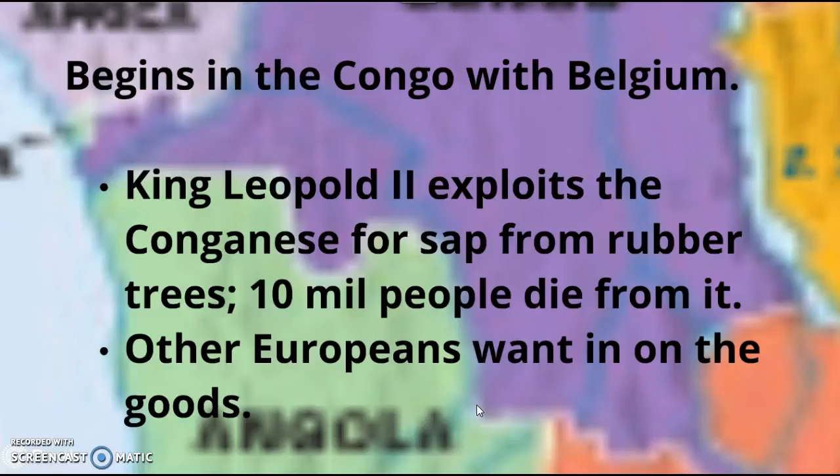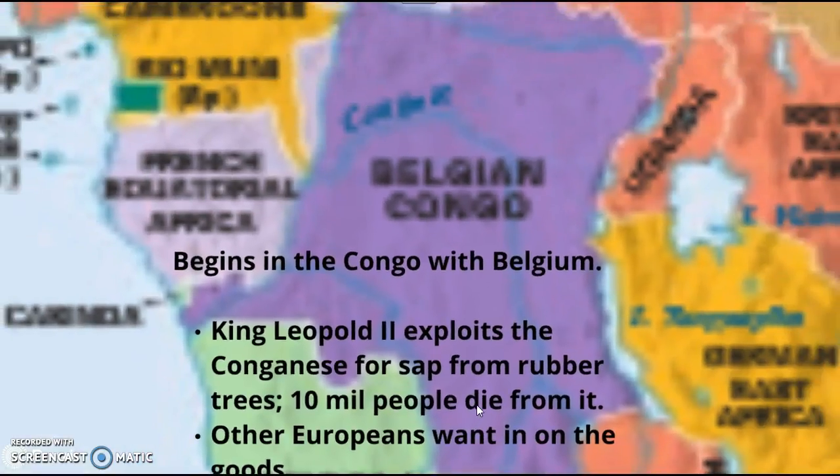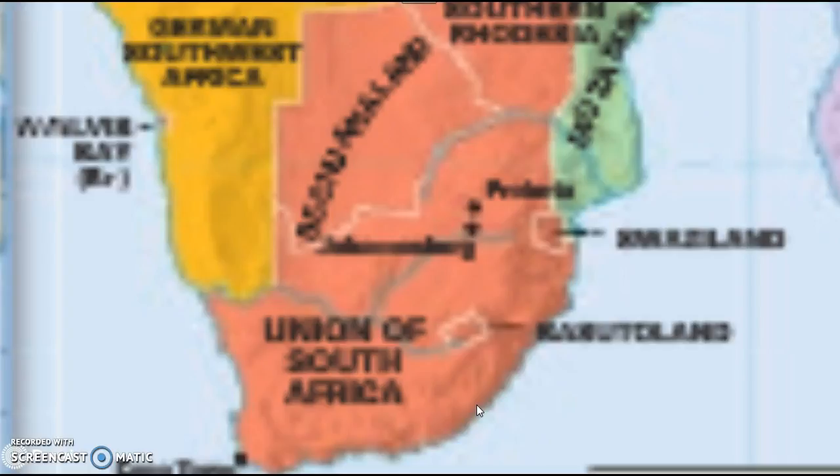The real reason the Belgians were there is they wanted the sap from the rubber trees to make rubber, to make all the things that they have created during the Industrial Revolution. Once this news gets out, all the other Europeans are horrified, but they also learn, oh wait, we would like to make money in Africa too, and it's going to lead to other Europeans coming to take over pieces of Africa. Keep in mind, the Congo is 80 times bigger than Belgium, so the resources there are just amazing to these European people. And it's going to lead us to South Africa,